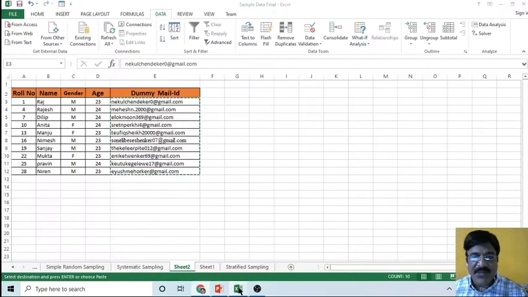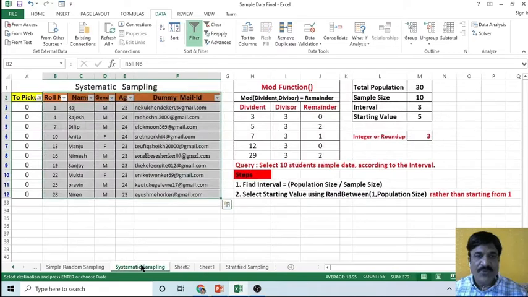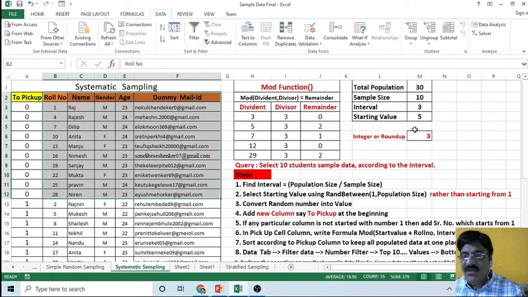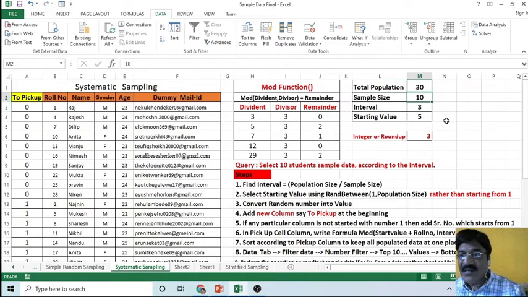So I hope that you understood how to work with systematic sampling. Now the last important point is about the sample size. Let me unfilter it. Assume your sample size is 11.